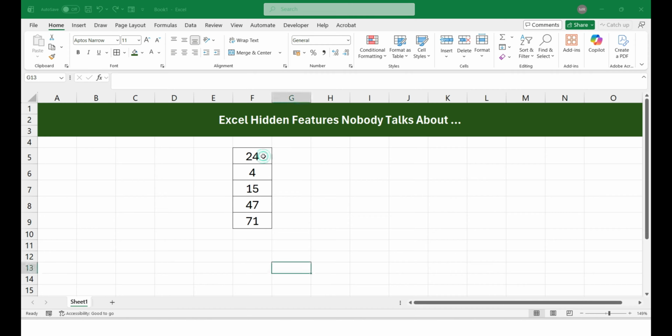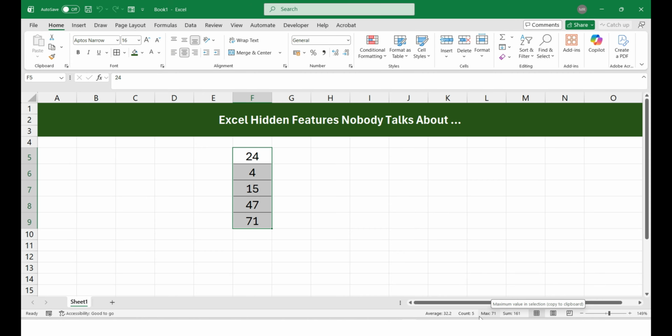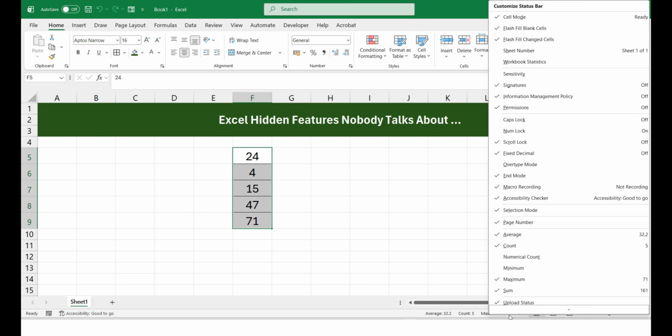In Microsoft Excel, whenever you're working with numbers, and let's say you select any sort of numbers, now at the right bottom of your screen, you can see some aggregate functions like average, count, maximum, and sum. And if you're going to make a right click here, you can add some other aggregate functions also like minimum